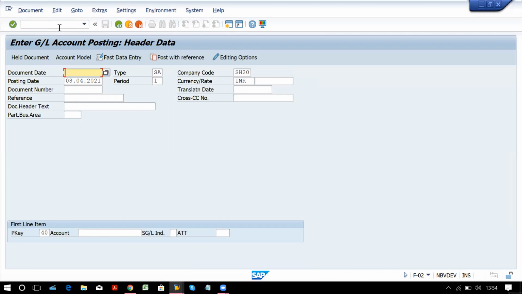Now, whenever you enter any data, this upper side data is called header data, and the data from here and the next upcoming screens is called line item data.